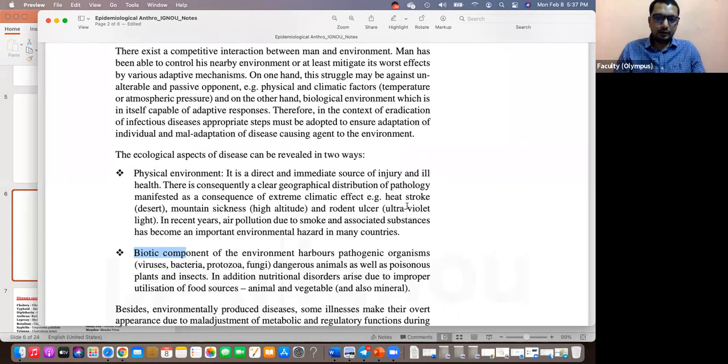Because let's say you get heat stroke. You are spending time in the heat, probably went for a trip to the desert. So what happens? You start experiencing heat stroke. You don't even have to go there, right? In the deep summers, if you come to Hyderabad, we experience it. So the temperature, external factors like that, are part of the physical environment. Mountain sickness we talked about, in high altitude regions, is physical environment. So those types of problems.